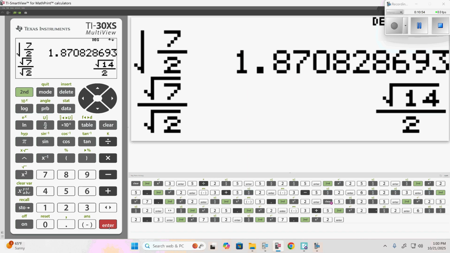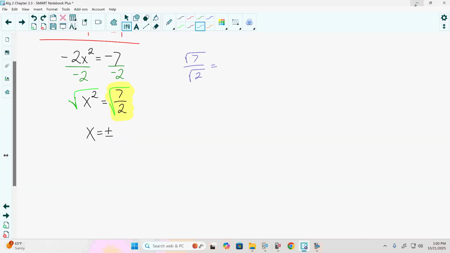which will tell us that the square root of 7 over the square root of 2 is going to be the square root of 14/2. So the square root of 7/2 will reduce to the square root of 14 over 2. It's in simplest radical form now, giving us this here